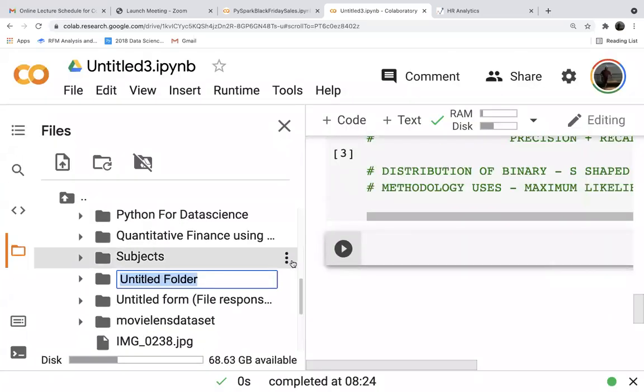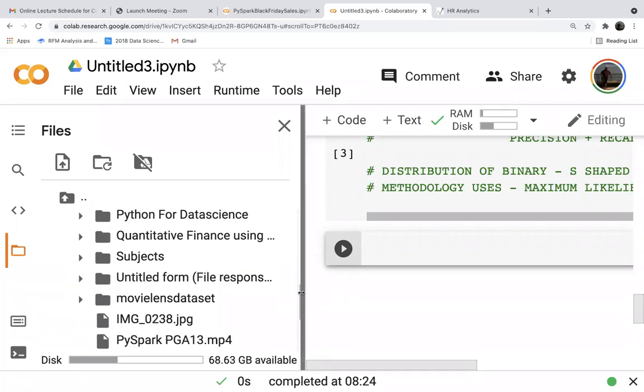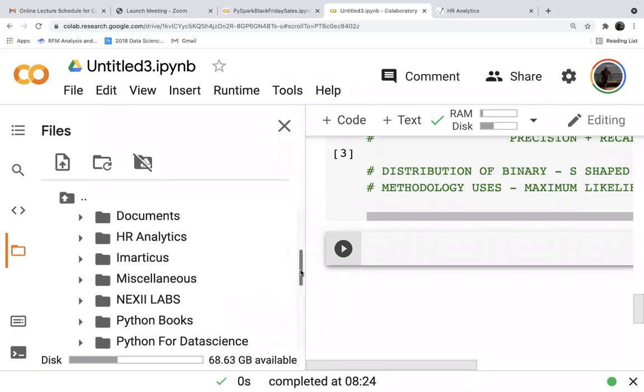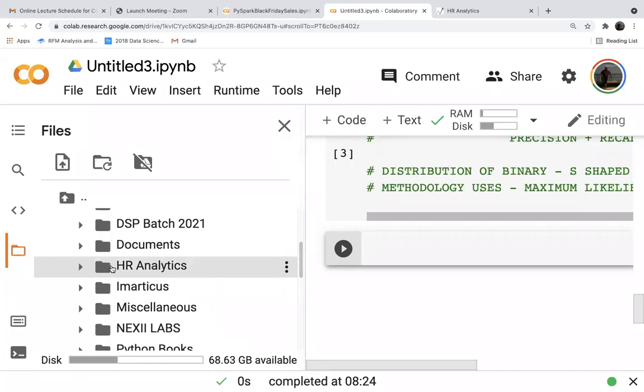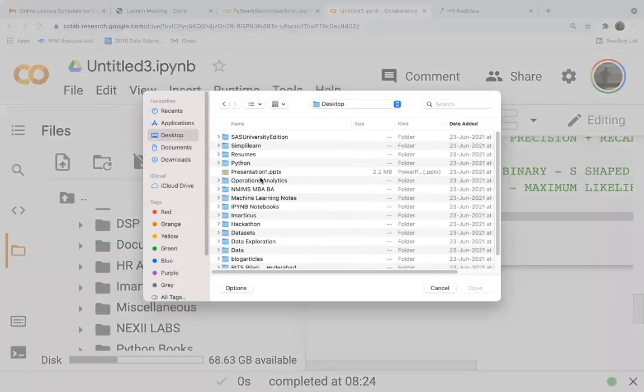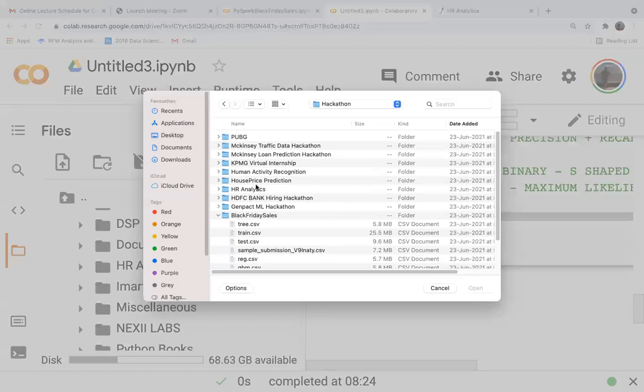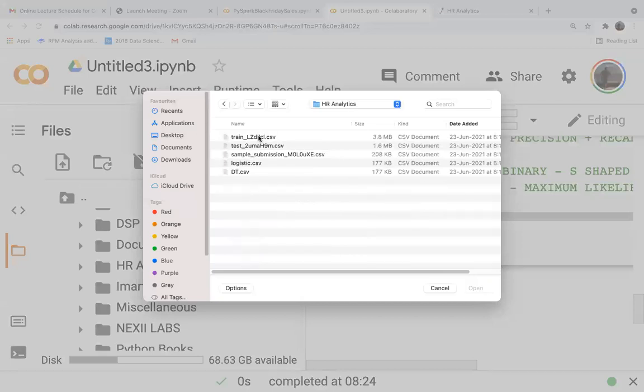I create a new folder, HR analytics, and upload the hackathon HR analytics train and test files.